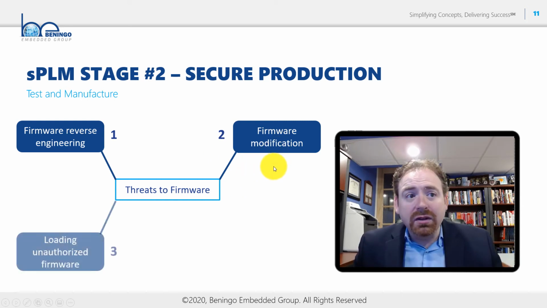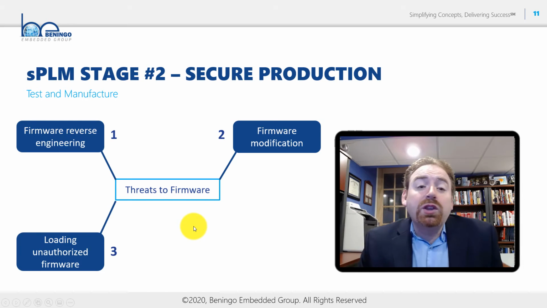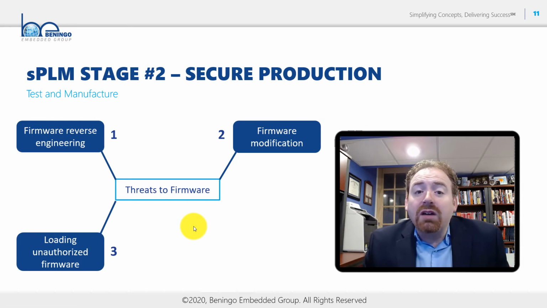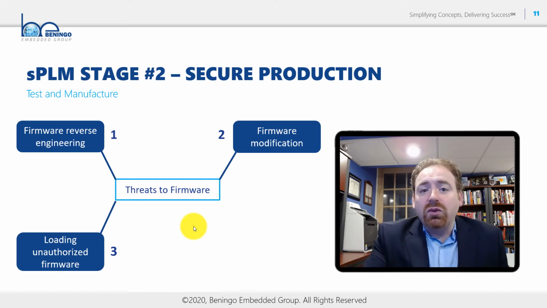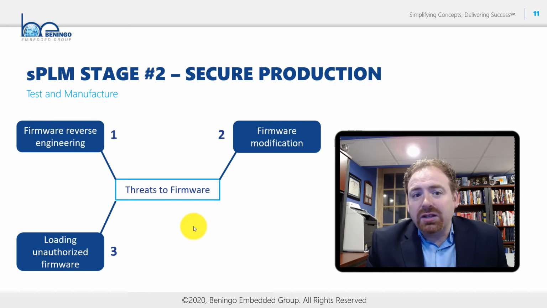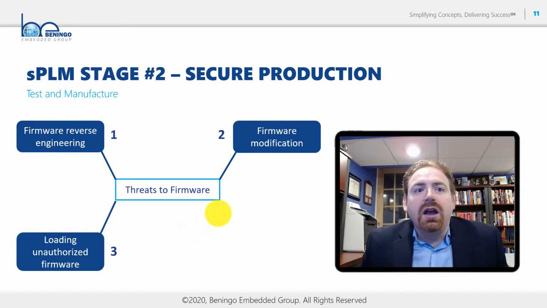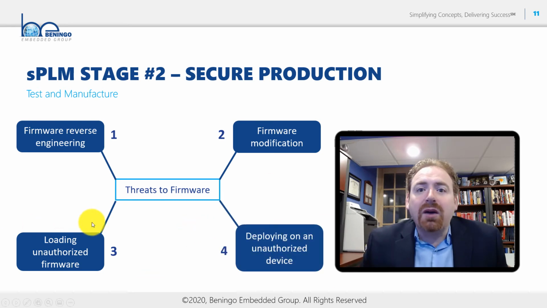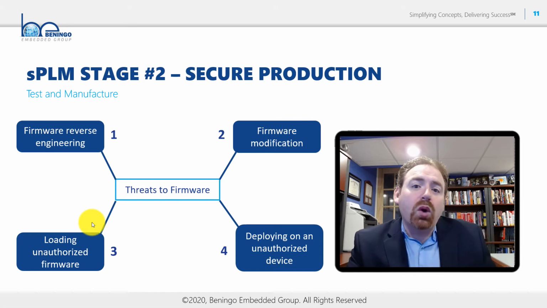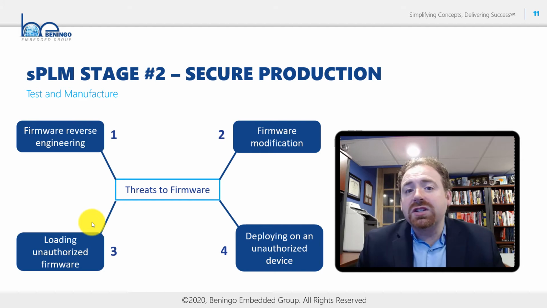The third thing we don't want to do is we don't want loading of unauthorized firmware. So we can have people who modify the firmware, but we also don't want them to be able to load that firmware back on. So we need to be able to protect it using keys and things like that. And we also, on top of that, we want to make sure that we're not able to deploy our firmware on unauthorized devices. You've probably heard of situations where someone has a manufacturer, they're running 2 shifts, shift 1 and 2 comes in, they produce a device for them,